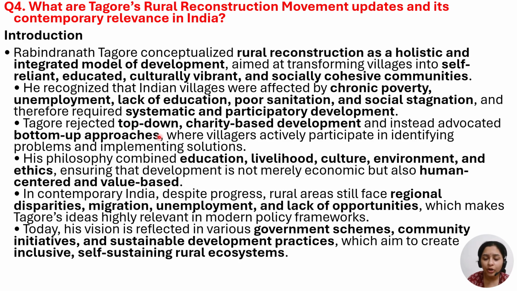So he rejected top down, charity based development. Top down means first higher class people were educated, then middle class, then lower class. So the importance was given first to the higher class, and the least importance to the lower class. Instead he advocated bottom up approaches. Bottom up means first the lower class, minorities, and people of the villages were educated, and in the last comes the rich, where villagers actively participate in identifying the problems and implementing solutions. So he made villagers